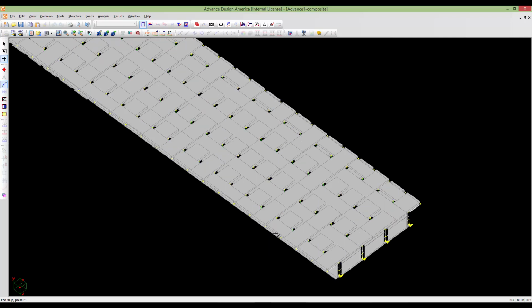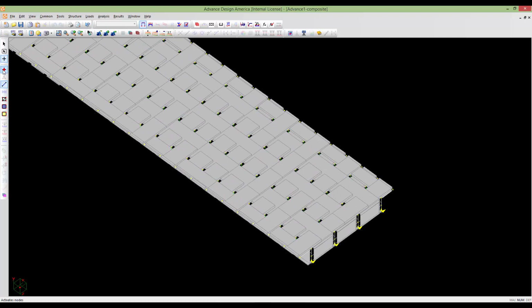So we will select 4 nodes here in the span of 8 meters. So each of these are 2, so 1, 2, 3, 4. So here the first diaphragm will be placed in this span here. So I select these nodes